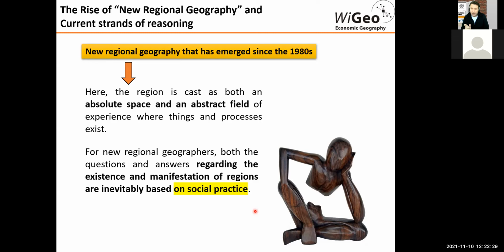But there are some caveats here, and it's important to pay specific attention to them. This new regional geography, as it comes in the literature, evolved primarily since the 80s. And the idea is that the notion of a well-defined boundary territory started to be developed together with a more abstract idea of territory, which we can also call regions, without a very well-defined physical boundary, as was more common before